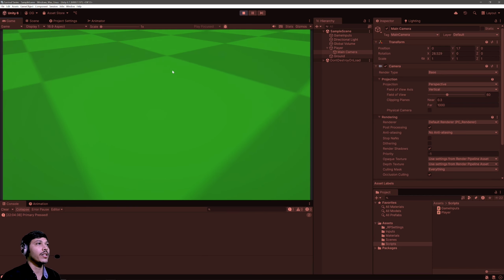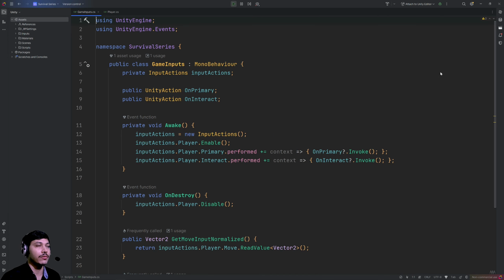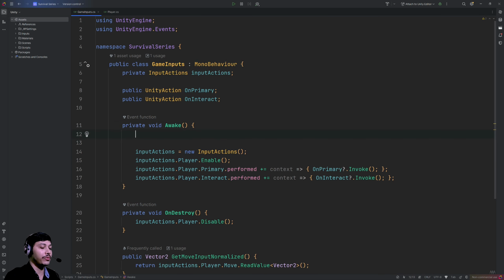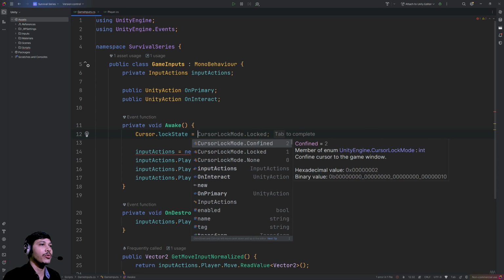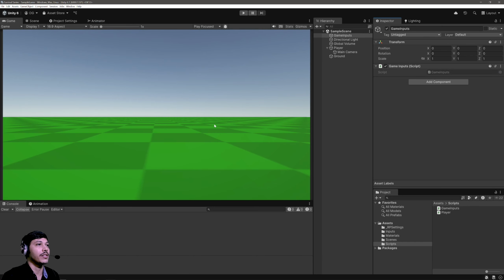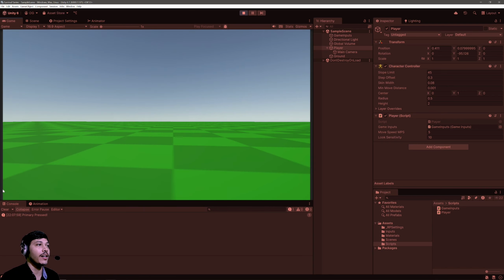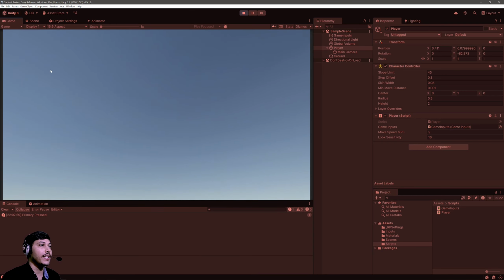Also, one more thing is currently my cursor is all over the place, so let's quickly fix that. So let's head over to the GameInputs for now. In the Awake, let's simply go Cursor.lockState equals, for now let's go Confined, so the mouse pointer won't go outside the game window. Let's test. So let's hit play. So yep, my cursor or mouse pointer is currently confined in the game window, and I can indeed look around